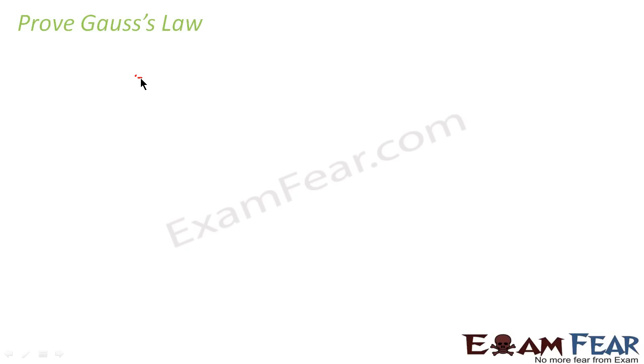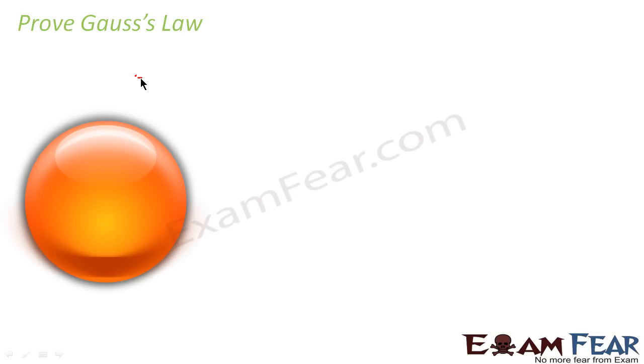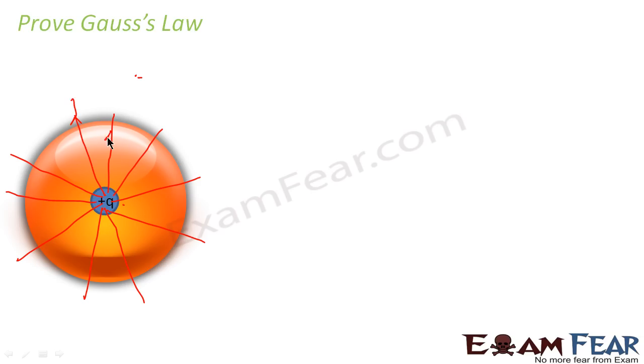So let us prove Gauss law. Let us suppose we have a sphere which is a closed surface. So we will calculate the flux through this sphere. Let us say there is a positive charge plus Q inside the sphere. Now before considering anything, let us first denote the direction of electric field. What would be the direction of electric field? We studied in the slides on electric field that the electric field will point radially outwards for a positive charge, because electric field lines always originate at the positive charge. So this would be the direction of electric field.